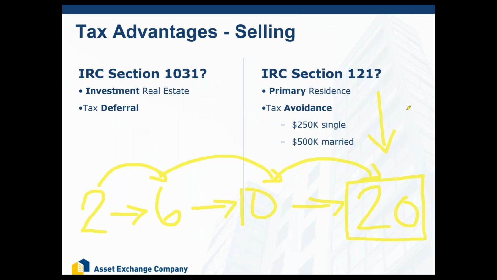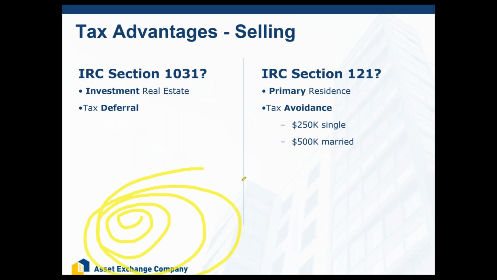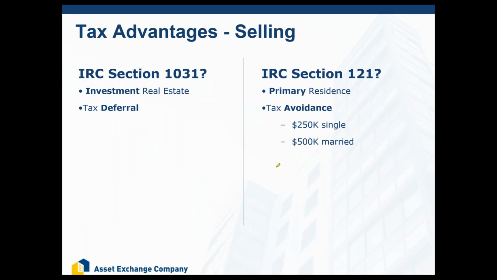But the problem with that is if you sell the 20-unit building, you're going to pay taxes on all of the gain from all of your transactions. That's right, ladies and gentlemen. Your gains follow you, right? When you're doing an exchange, you're building a snowball of taxes that's getting bigger and bigger and bigger with every successful transaction. And if you cash out, you got to pay the tax man. Many of you are thinking, well, geez, that stinks. Yeah, it does. So what do you do?